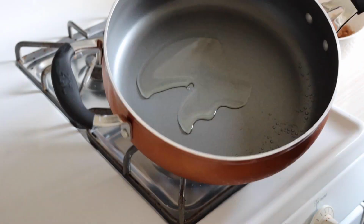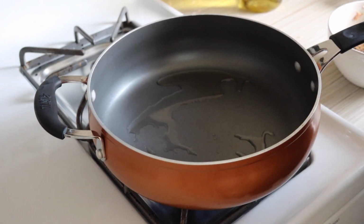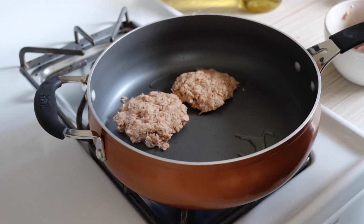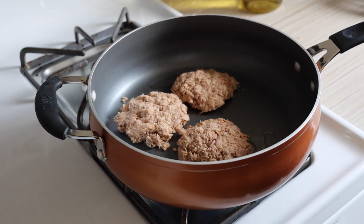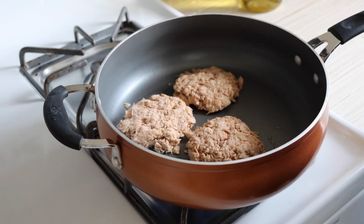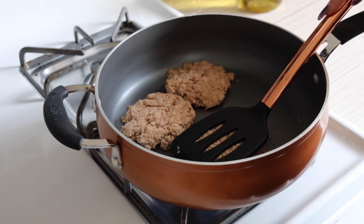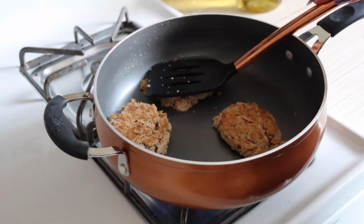And then you're going to take your tuna and you're going to make little balls and kind of smash it down and fry it in a pan, and you're going to let it cook. If you want it to stick together better, you can throw an egg in there before you cook it, mix it in with the tuna. That'll help hold it together better, but I didn't really care if they fell apart a little bit, so yeah,